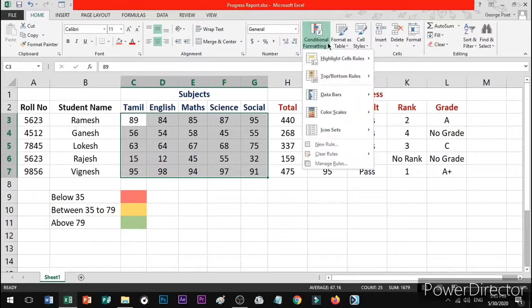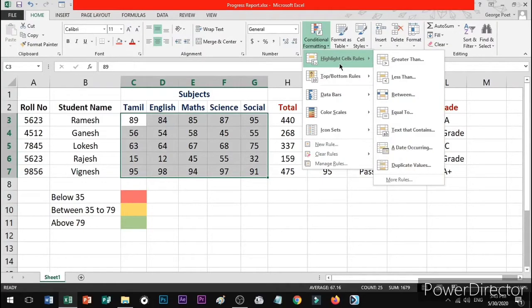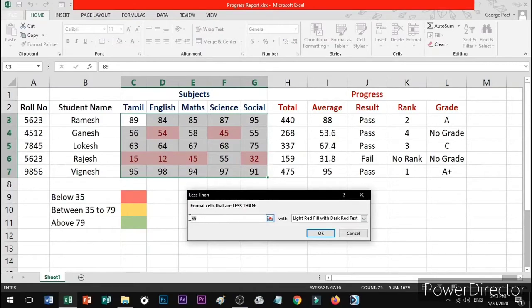There you can choose the highlight cells rules. If you click on this, you will get the drop down list. There you choose the less than. When you select the less than, you will get the dialog box. In the dialog box, according to our first condition, less than 35, type 35.